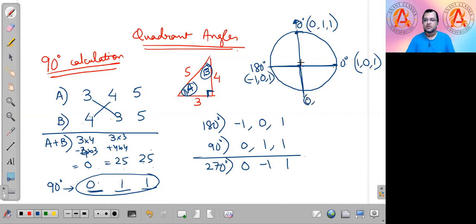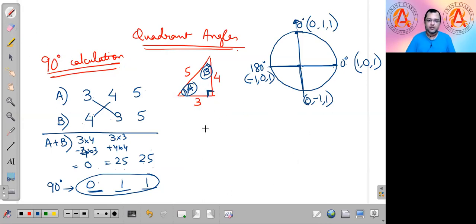X coordinate is 0, y coordinate is minus 1. This is on minus y side and this is 1. 270 degree. And if we go for 360 degree,